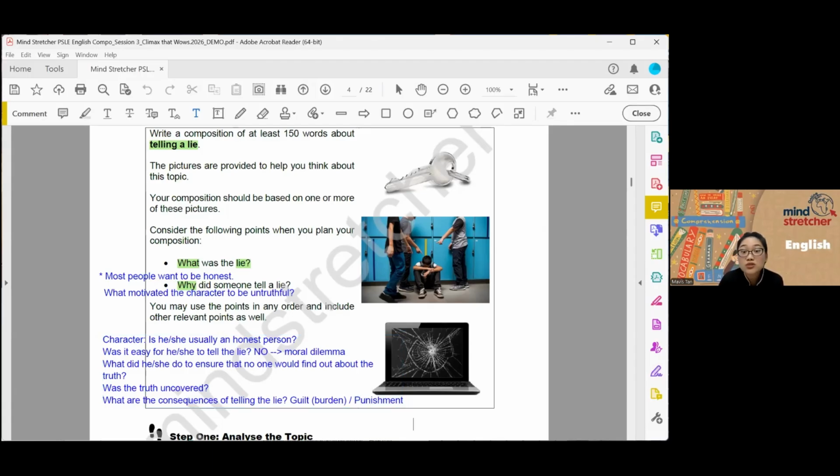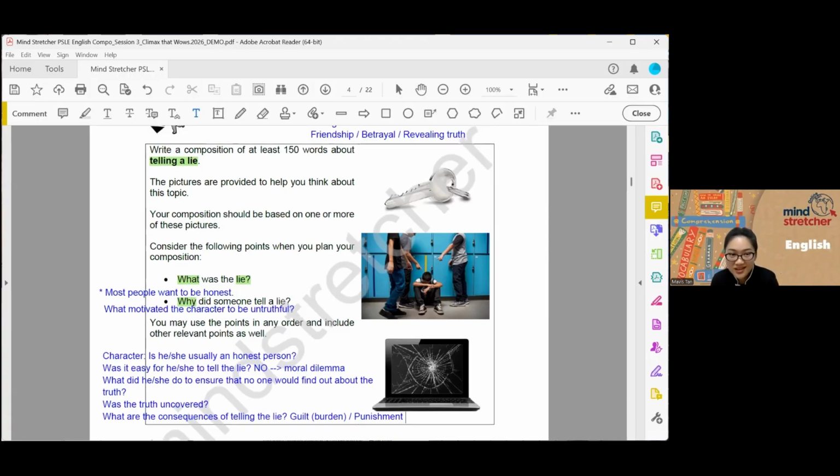Okay? Or no one trusts you anymore. Now everyone just wants to stay away from you. Yes, that's possible. Punishments, there are many kinds. Punishment could be deduction of marks, but punishment can also be social. No one wants to be your friend anymore. That's also a punishment. Okay? So these are some questions you can consider for this kind of story when it comes to telling the truth or telling a lie. Okay, I'm going to just stay here for 30 seconds.